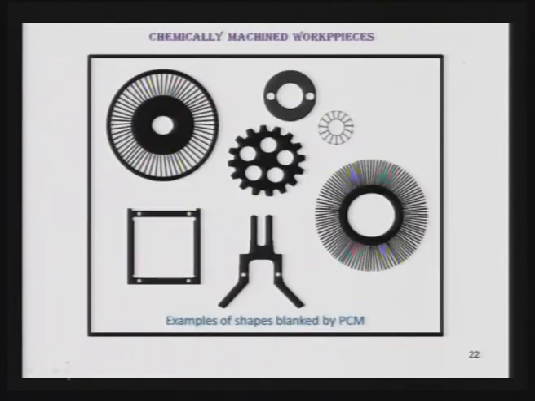Now, these are the examples of some of the chemically machined components. You can see the beauty, how fine the components have been machined. You can see here, this is the chemically machined component, and very thin arms or ribs are there, where the rest of the material has been removed. These are very thin foils, not thick sheets, and you cannot make this kind of component by other processes so easily as by this particular process.